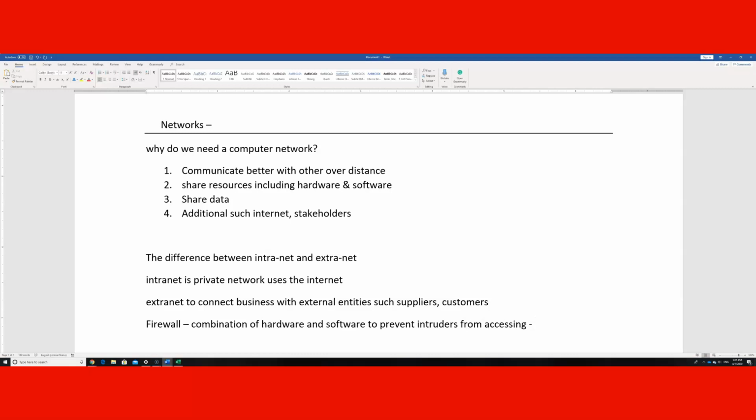So we have to prevent people, if they're external to the intranet, from accessing it. Of course, people could hack into your intranet and steal some of your private data, but that's why we have firewalls to minimize that type of activity that is malicious,